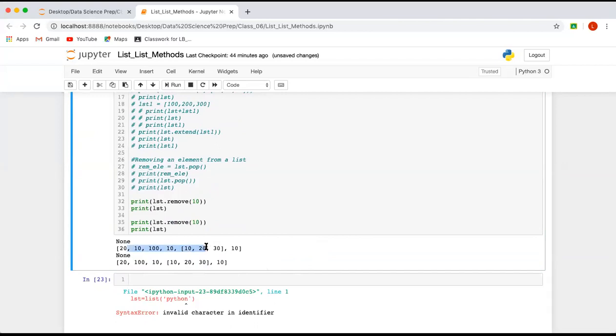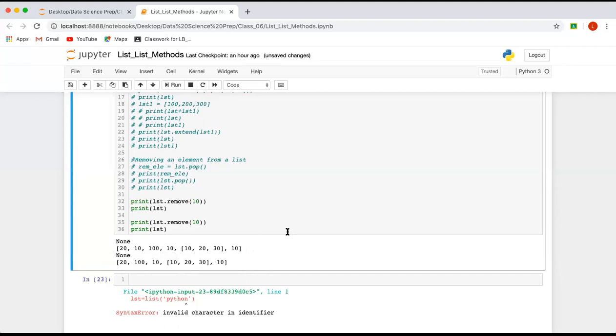If you have multiple 10 values inside this and you want to remove only this 10, then with remove it is not possible, and with pop also not possible, because remove will remove the first occurrence from the left hand side and pop will remove only the last element.